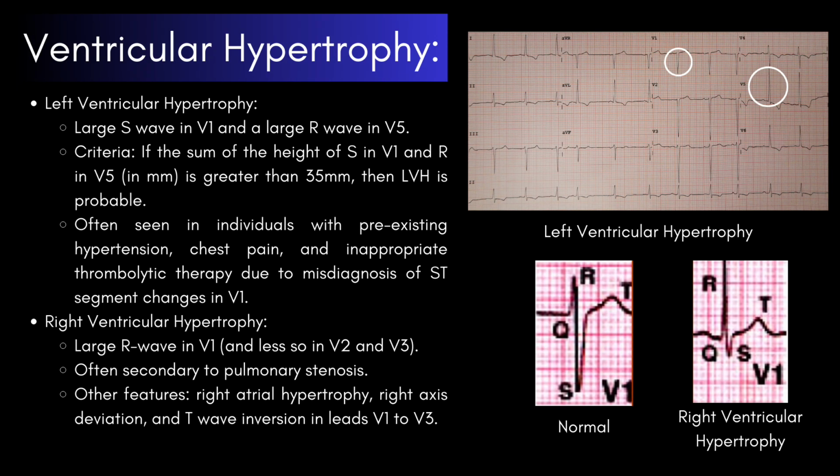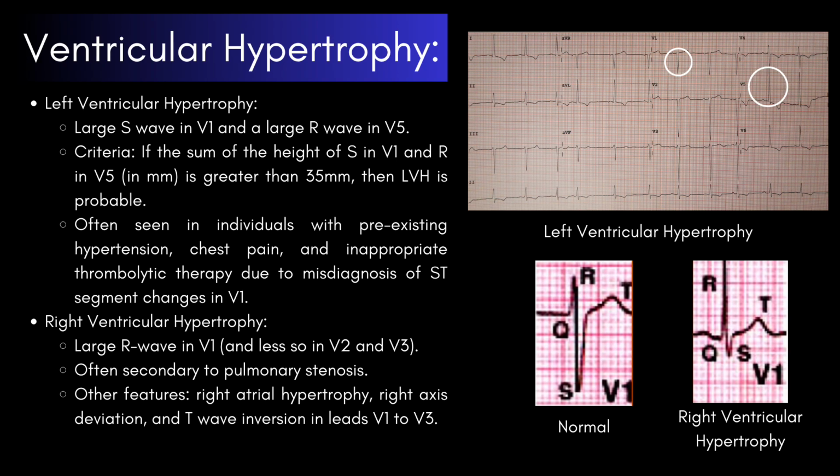Let's next look at ventricular hypertrophy. Left ventricular hypertrophy: large S wave in V1 and a large R wave in V5. Criteria: if the sum of the height of S in V1 and R in V5 in millimeters is greater than 35 millimeters, then left ventricular hypertrophy is probable. Often seen in individuals with pre-existing hypertension, chest pain, and inappropriate thrombolytic therapy due to misdiagnosis of ST segment changes